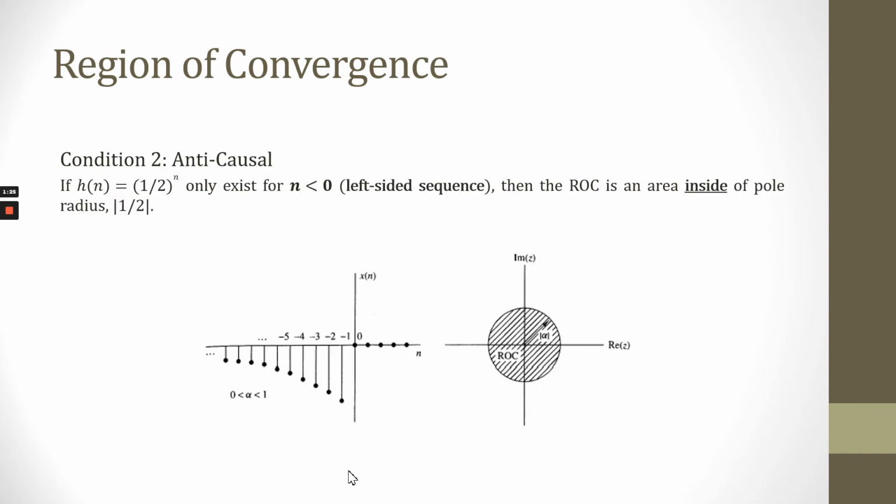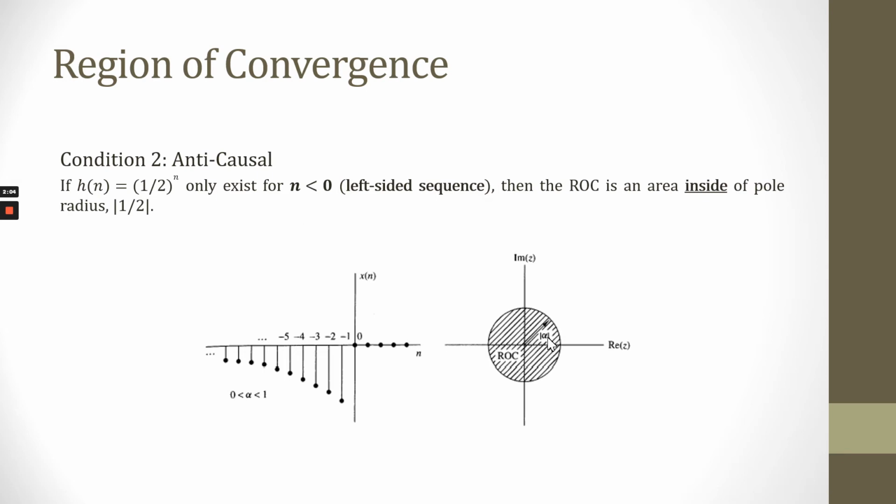The second condition is anti-causal. Given h[n] equal to (1/2)^n that only exists for n less than 0, we call it a left-sided sequence. Then the ROC is an area inside of the pole radius, for example 1/2. So assume alpha is 1/2. So for a left-sided sequence, the ROC is an area inside of the pole radius, z less than 1/2, or z less than